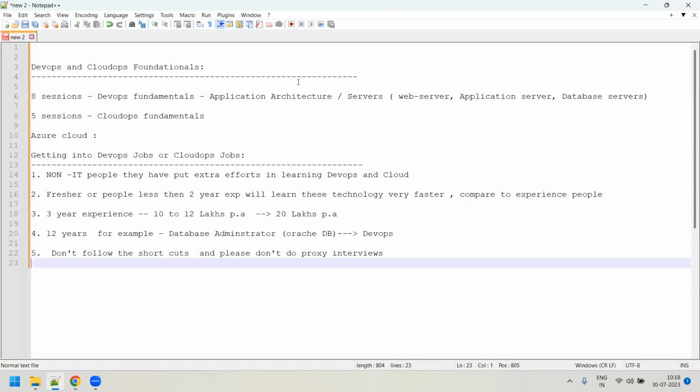Suppose you join some company, they'll tell you, okay Rajesh, I have this requirement, I need to automate, please write a Python script for me. If you're not aware of Python, or if you put fake experience in your resume saying that you know Python very well, maybe in the interview they might not ask you Python, but they expect that you know Python. He might expect you to give the script by tomorrow. Can you search for a person immediately who can help you write a script and give it to you? No, right? Nobody will come and help you like that.